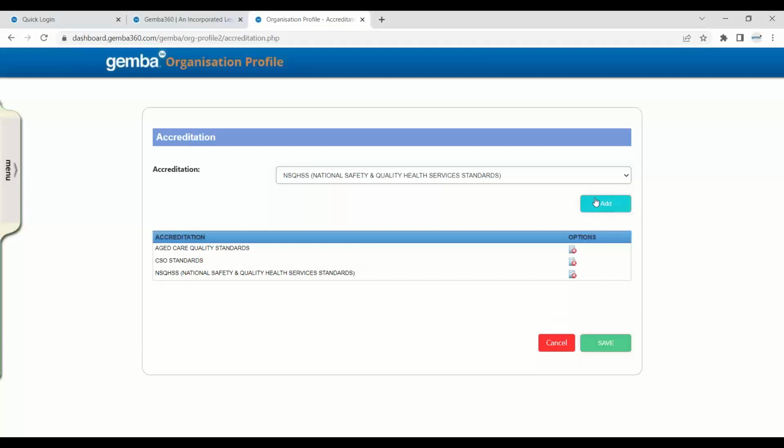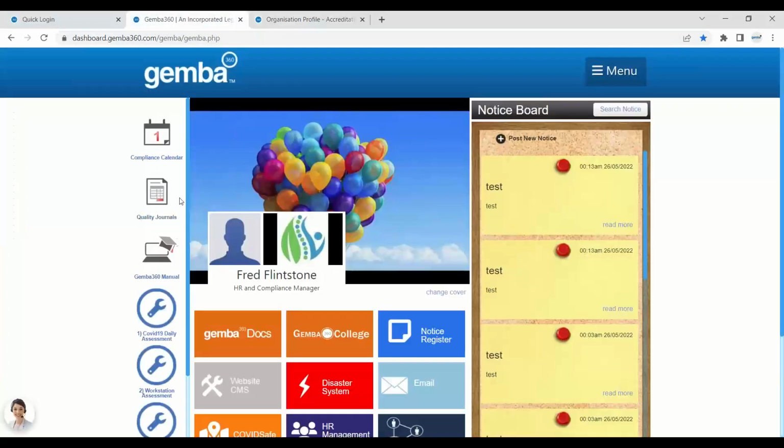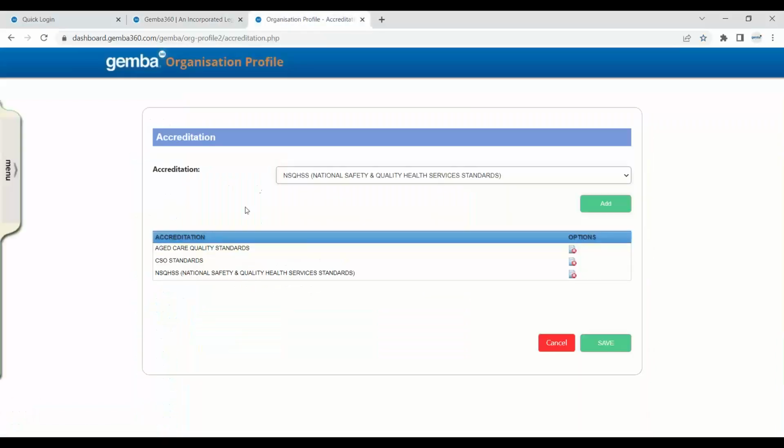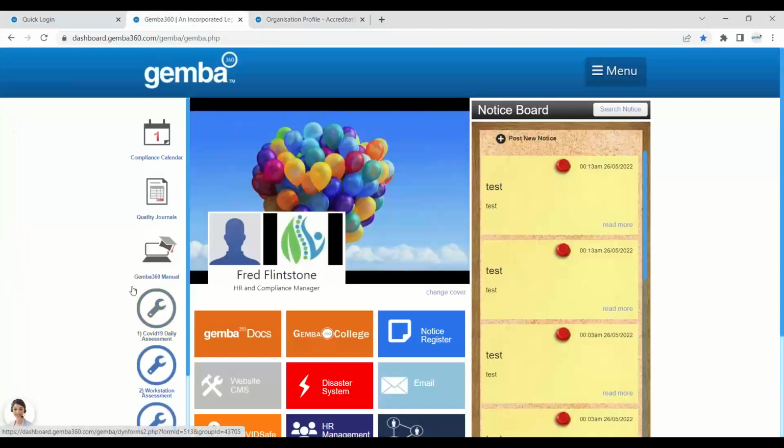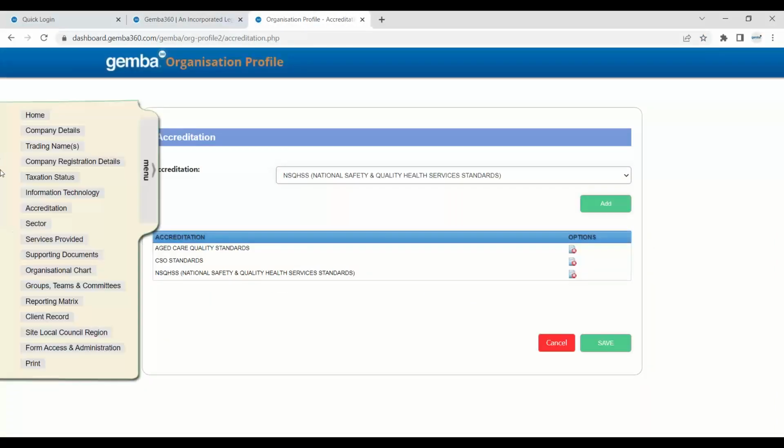What this does is essentially send a notification back to our Gemba admin team to then also update what journals you actually see in this section here. So essentially, this is then starting to connect your dashboard together about what journals you would be expected to see within your dashboard under your accreditation